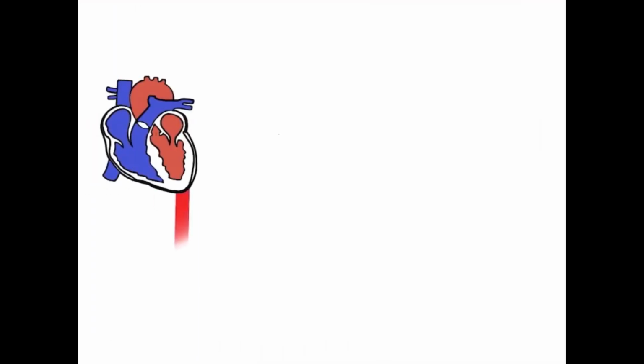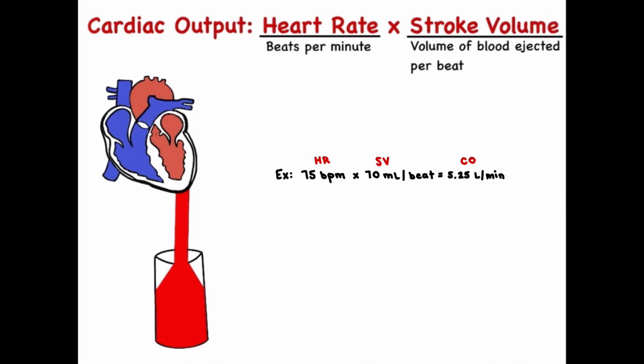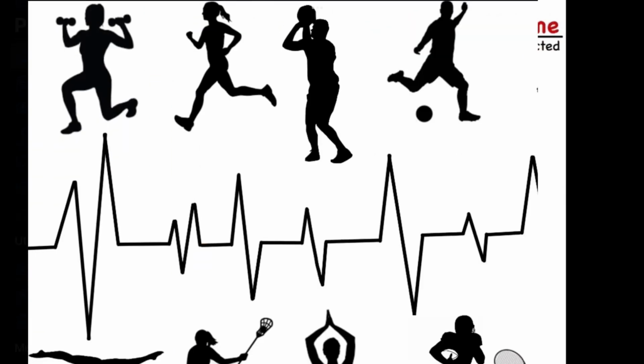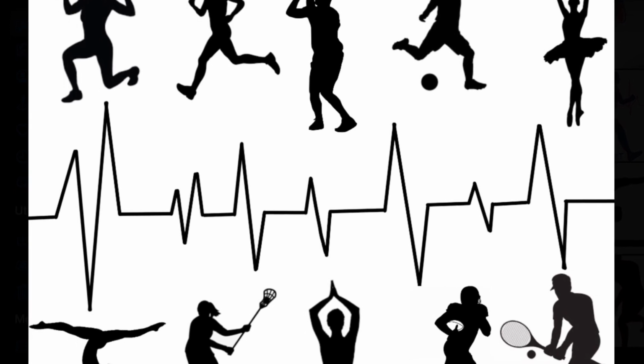Each minute, the heart pumps out a specific amount of blood. This is referred to as the cardiac output, which can be calculated by multiplying an individual's heart rate by their stroke volume. Anatomically speaking, everyone's heart is virtually the same, but it's been proven that there are changes in the